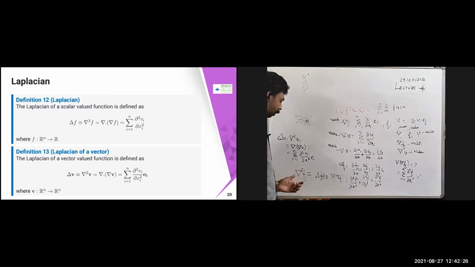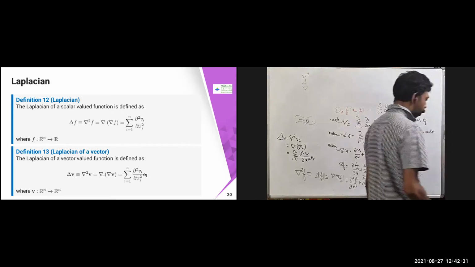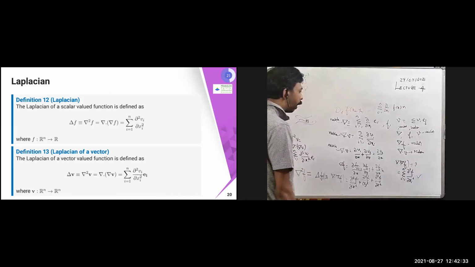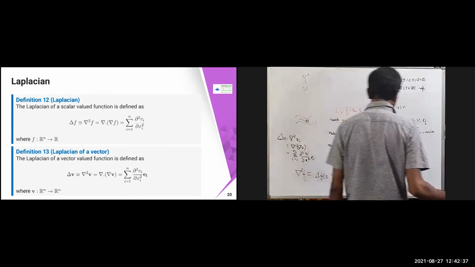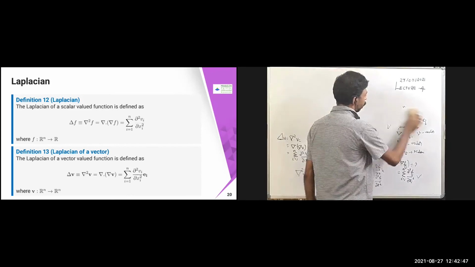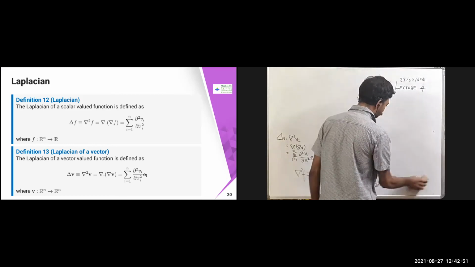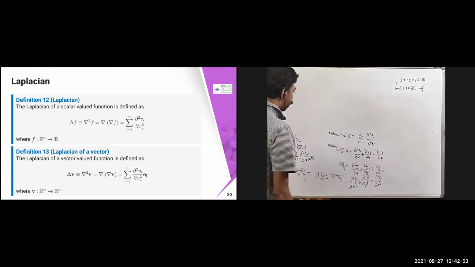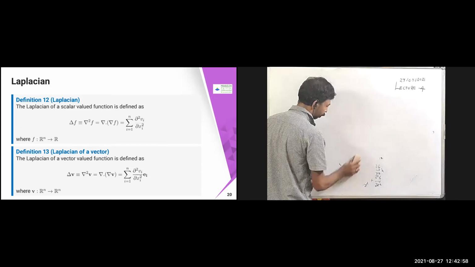These Laplacians are going to be useful for some of the problems, because they define things once you are talking about the Hessian matrix and other things. In that case, this delta is going to play the role. Also, whenever you are talking about the heat equation, Laplace equation or wave equation, we will see how the Laplacian operator comes in, because second order derivatives are taken in order to describe some of these phenomena. At that time the Laplacian comes into the picture.